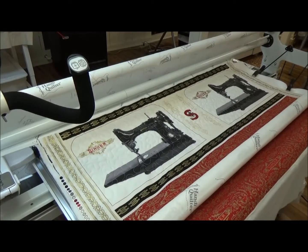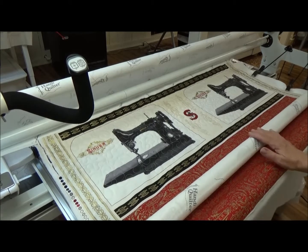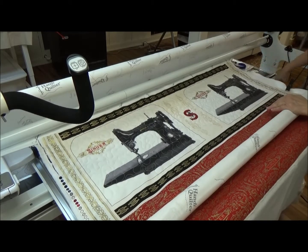Every time I quilt something like this, it's always new to me as to what I will actually do, because it's just a small piece of fabric. That's why it's probably easier to take out your domestic and use it, but I practice more on the long arm, so my stippling's better on the long arm than it is on a domestic. So what I'm going to do, I don't know if you can see the whole, you might see me detaching this, but I ended up fastening these